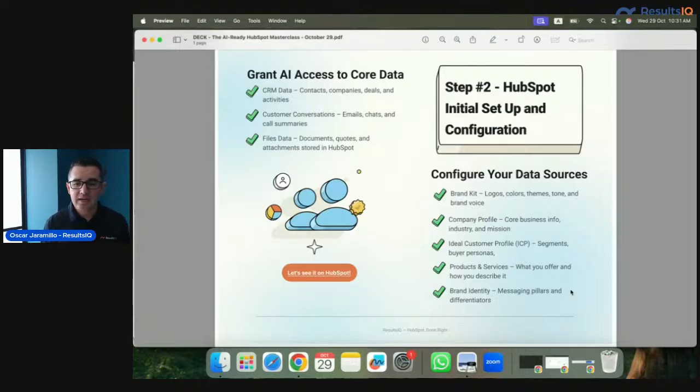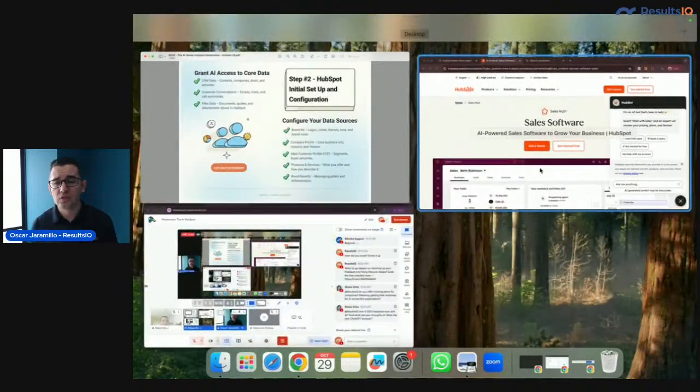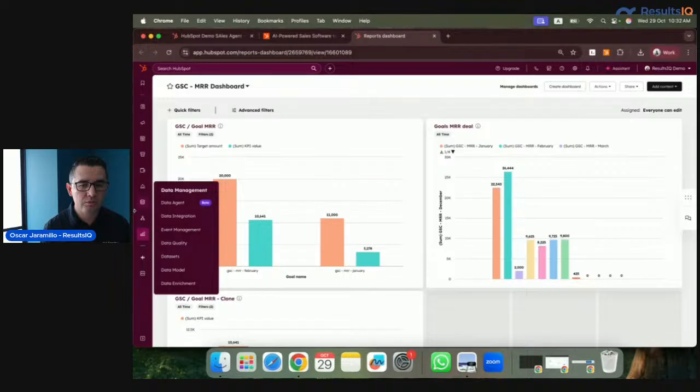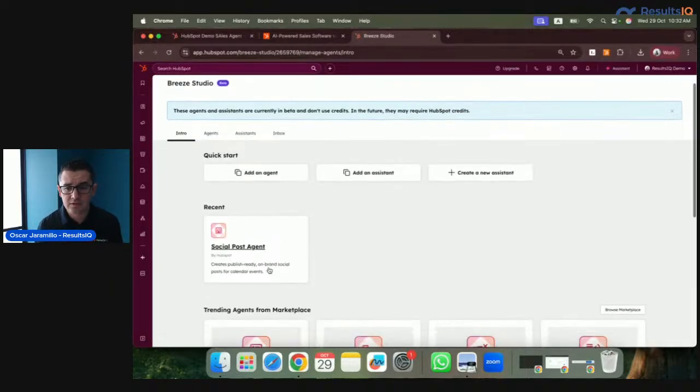Okay. All right. So we're going to go into the fun part here. We're going to transition into a live HubSpot walkthrough. So now we're going to move from me just talking to me actually showing you a couple of things here in the profile. So again, from theory to action. So, okay, here we're going to start and we're going to take a look at the Breeze Studio and Marketplace. So if you look at your left-hand menu, you're going to go to Breeze Studio. You're going to scroll down and you're going to see the Breeze Studio